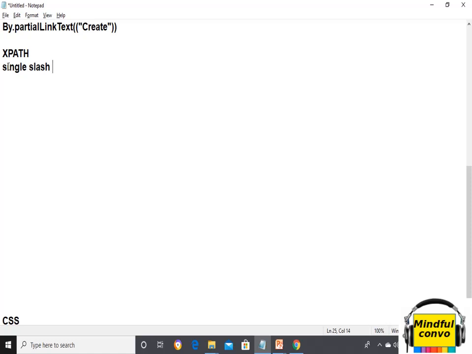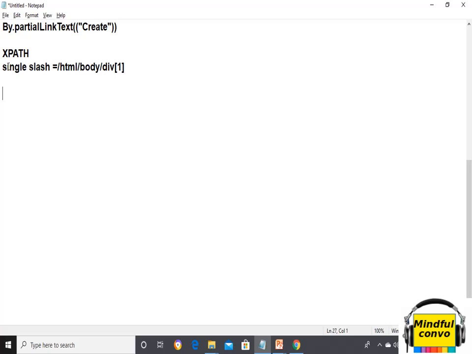So what do we mean by the single slash? Basically, single slash is also known as the absolute path. XPath can be created from the start of the document like this: HTML, body, div, then we can give an index also, just like this.